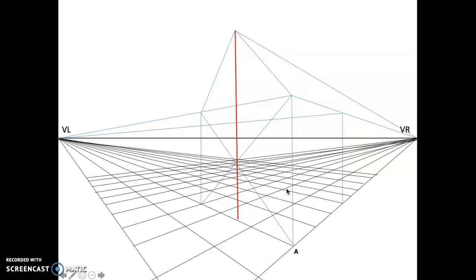So let's find it. And obviously we determined the tiled floor, 3 by 3 tiles, as a floor plan for the house. So here is the back wall, and it's an open structure, and you have to keep it open whenever you start drawing your house. Even when you're going to draw more houses, keep your structure open so you can see all the guidelines you need, of course. Next step is, of course, to determine the back line to VR. So now we have a cuboid, or a cube even,